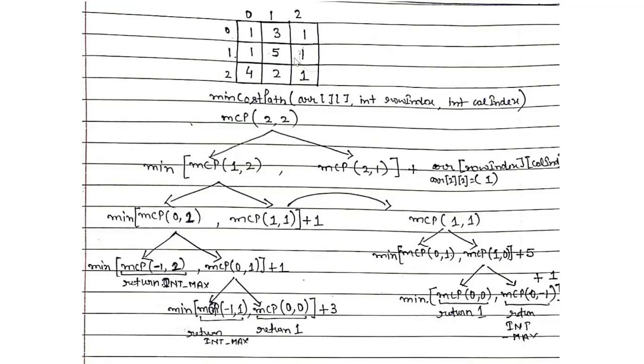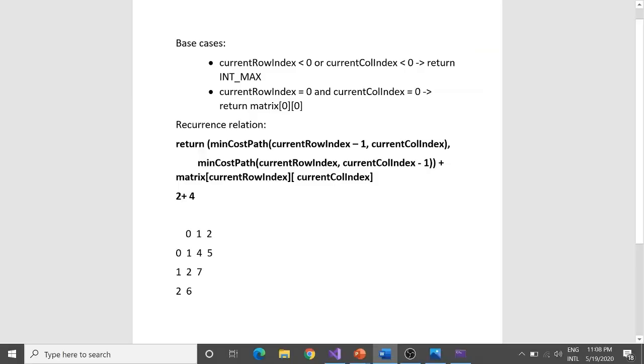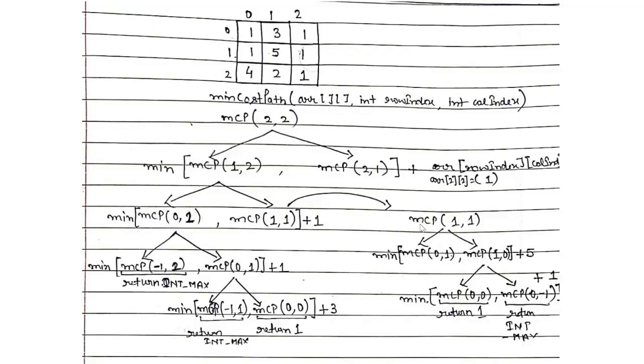And what does the 7 in my DP matrix signify? It signifies that the min cost path to reach cell 1 1, or the subproblem 1 1, is 7. So if I branch out this subproblem as well, I would get an answer of 7 over here. And what does that 7 signify? That the min cost path to reach 1 1 from my source cell 0 0 is 7.